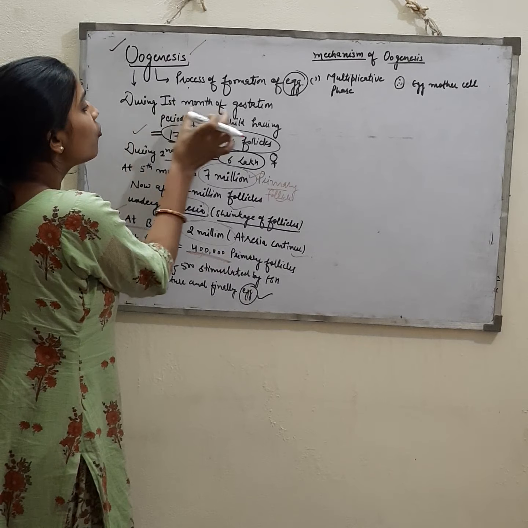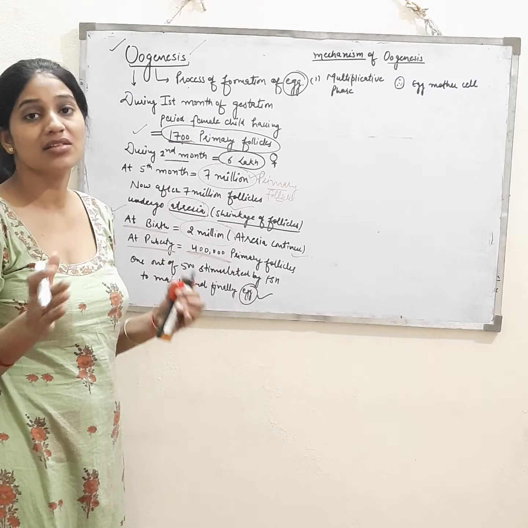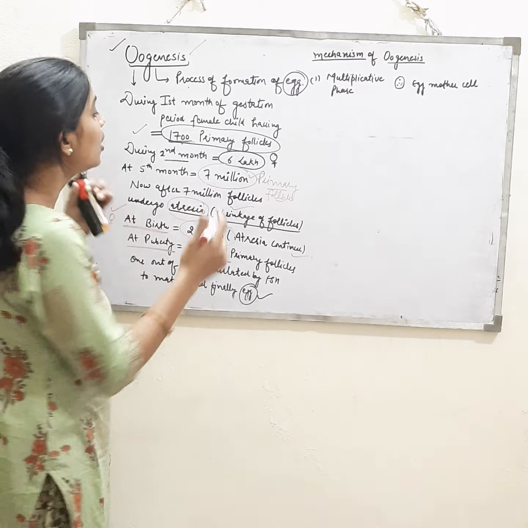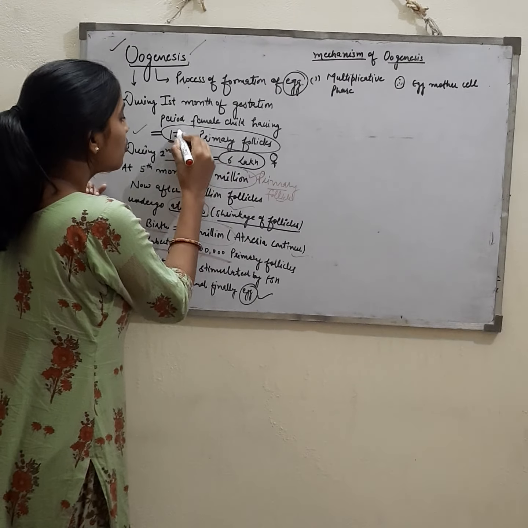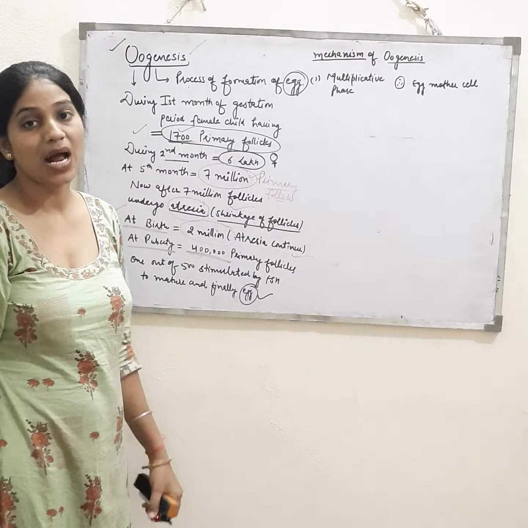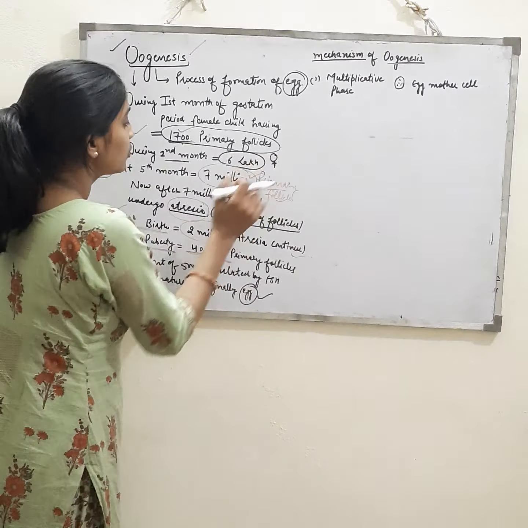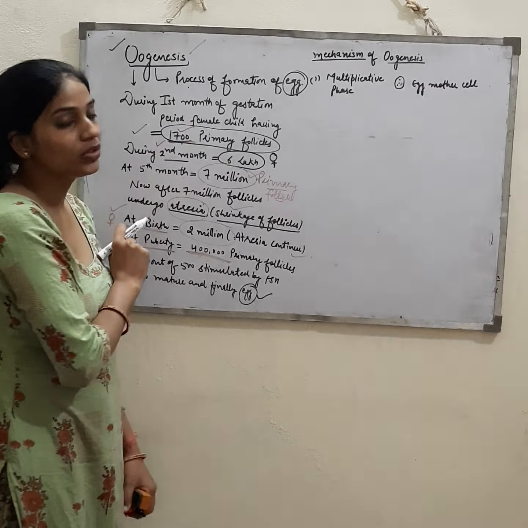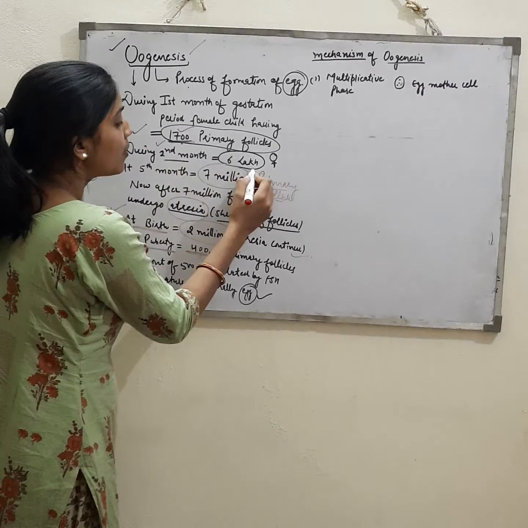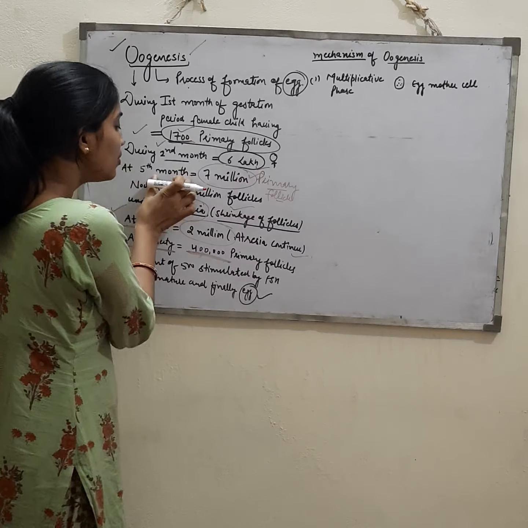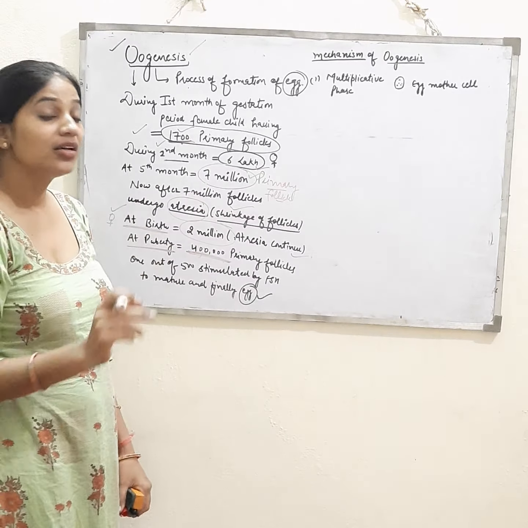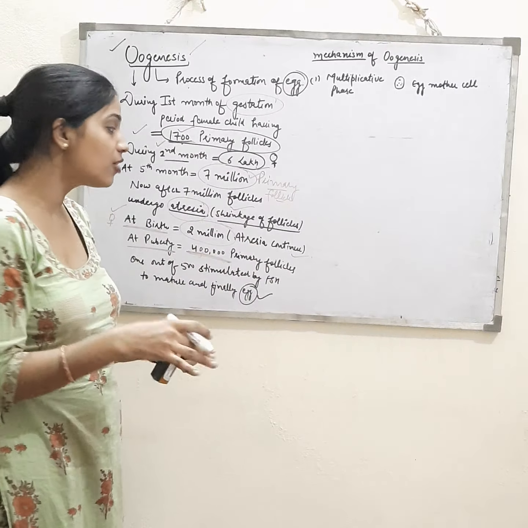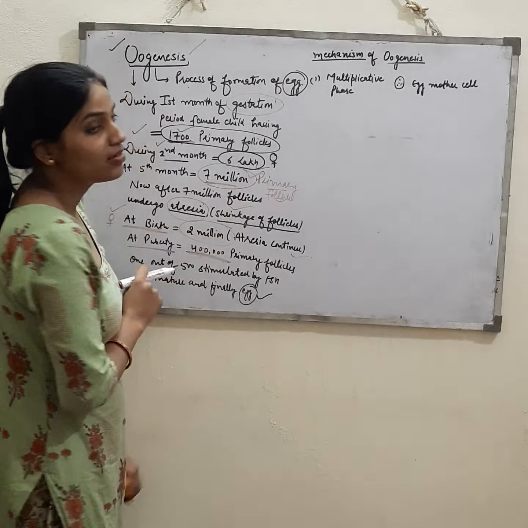Oogenesis begins in the first month, when the female child is inside the mother's womb, during the gestation period. In the first month, the female child inside the mother's womb contains 700 primary follicles. After that, in the first or second month, the ovary of any female child contains 6 lakh. By the fifth month of the gestation period, when the female child is inside the mother's womb, it's 7 million.